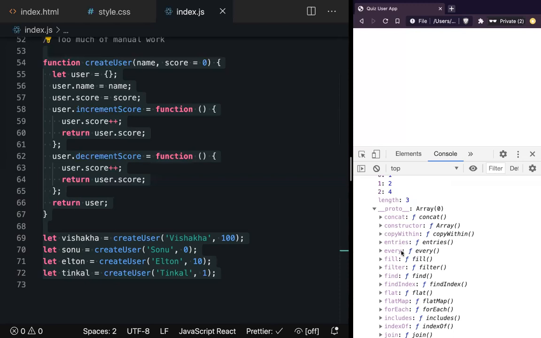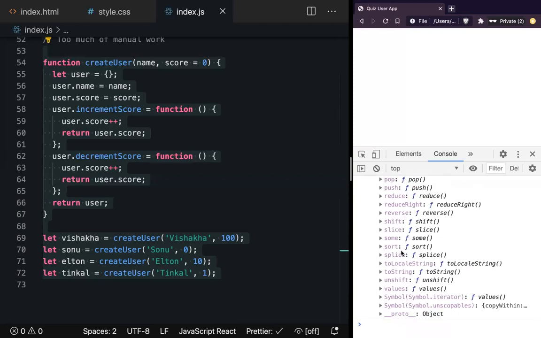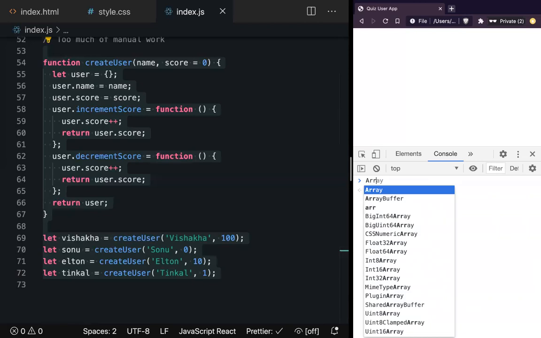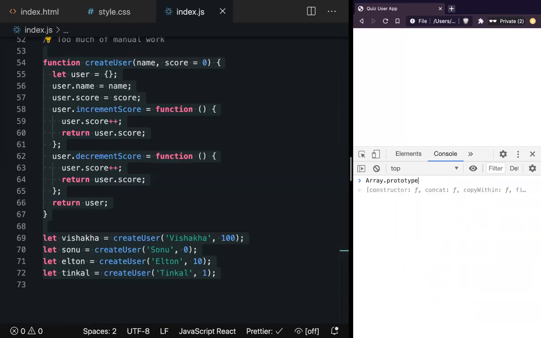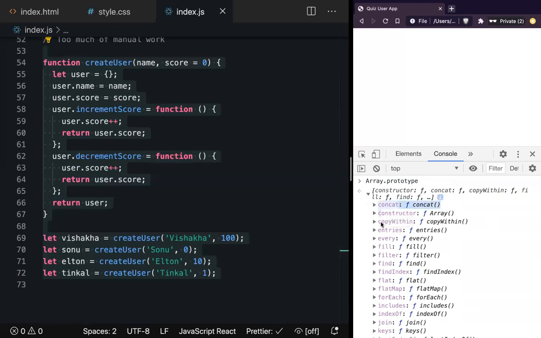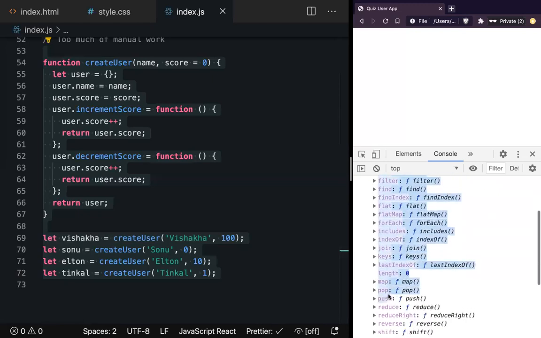You remember we talked about it yesterday: where do the methods of string, number, boolean and array exist? Prototyping. They exist on array dot prototype. So array dot prototype is a bag that contains the prototype of all the arrays.